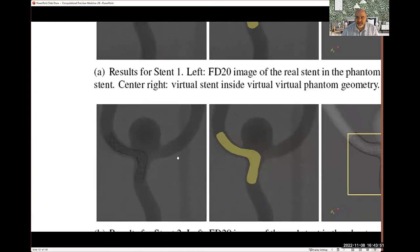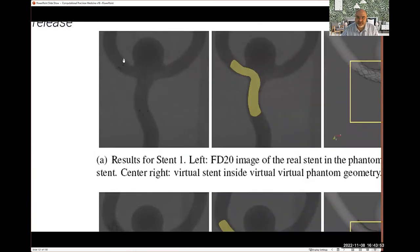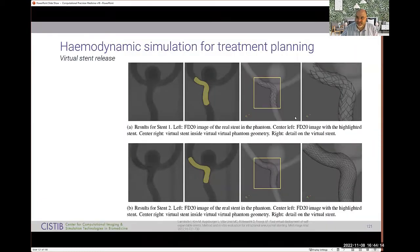But these devices are usually not visible. You see that you only see the points at the beginning and at the end that are marked for visibility, but usually they tend not to be visible within the body, so that you don't affect the visibility for the interventionalist. So we sort of outline the envelope of those, and we then compare it with the same anatomy where we did a 3D printing of the